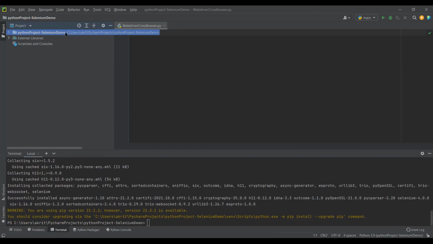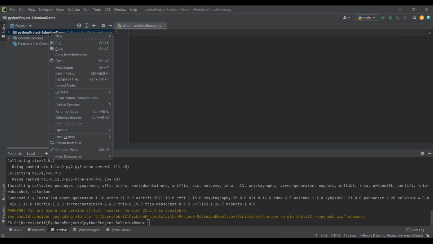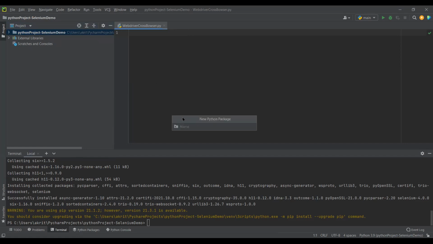This is the root location where the project is, and then we can right click on it, click on new, then add Python package. Here you can provide any name that you want to give to your package, and then press enter. After doing that, I have created the WebDriver session package here.